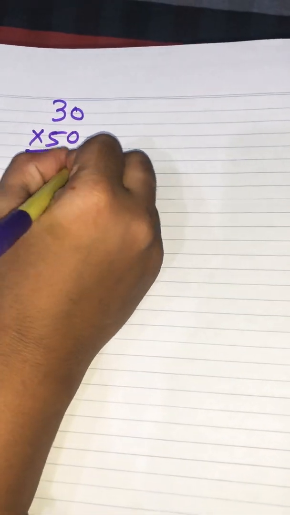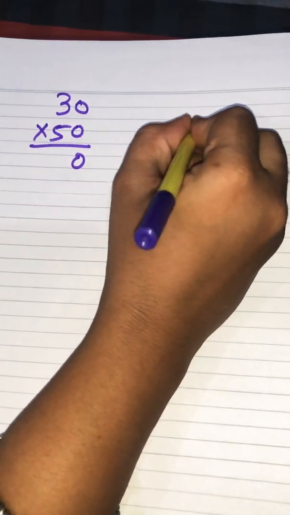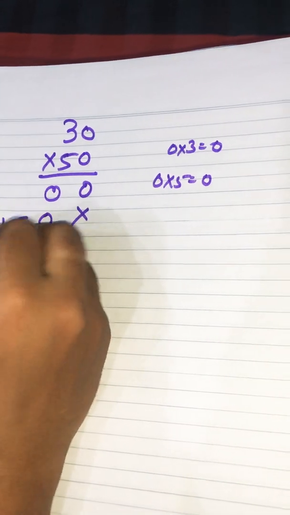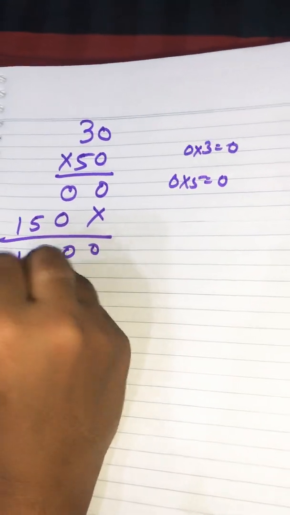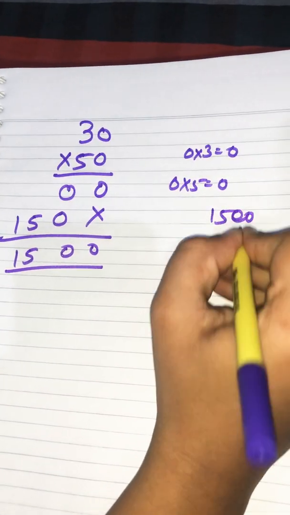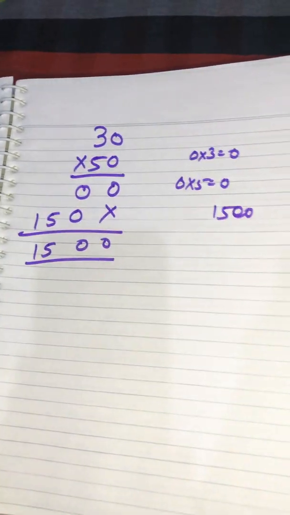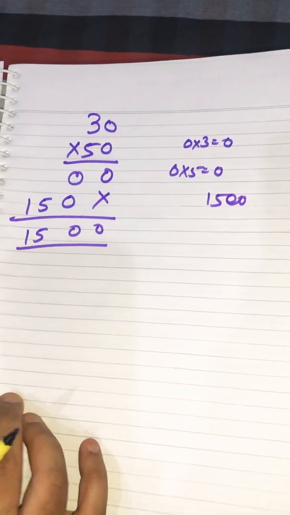30 into 50. 0 into 0, 0; 0 into 3, 0. 0 into 5, again 0. 5 into 3, 15, and this will be 1500. Now this is our estimate answer, but if we want to know our correct answer,